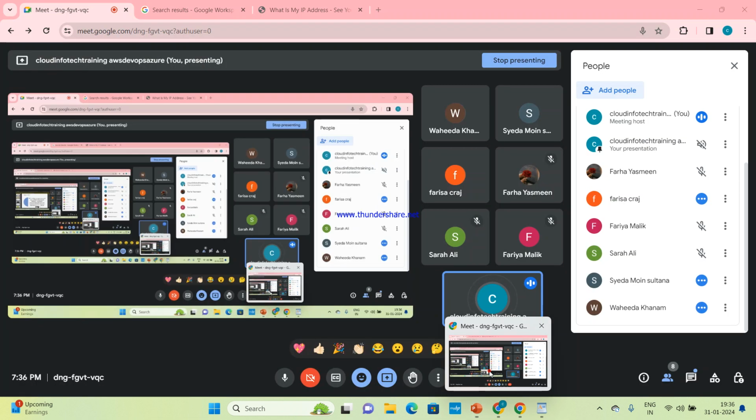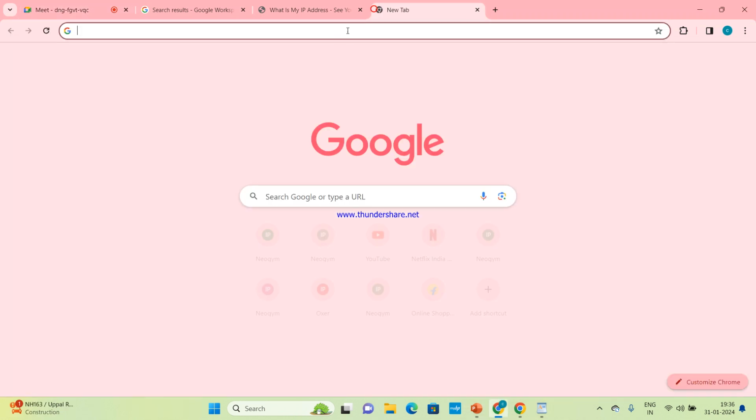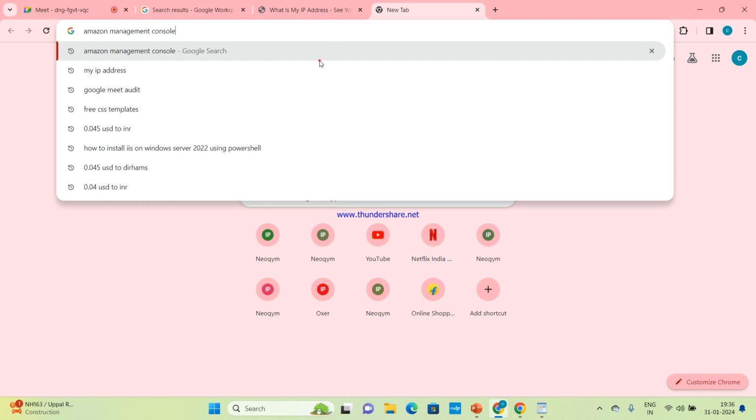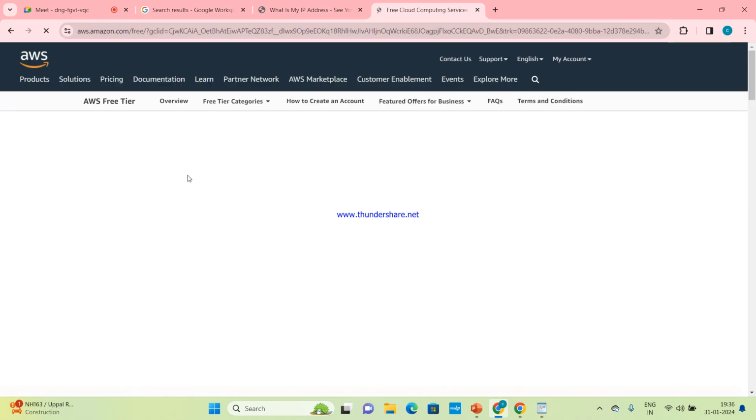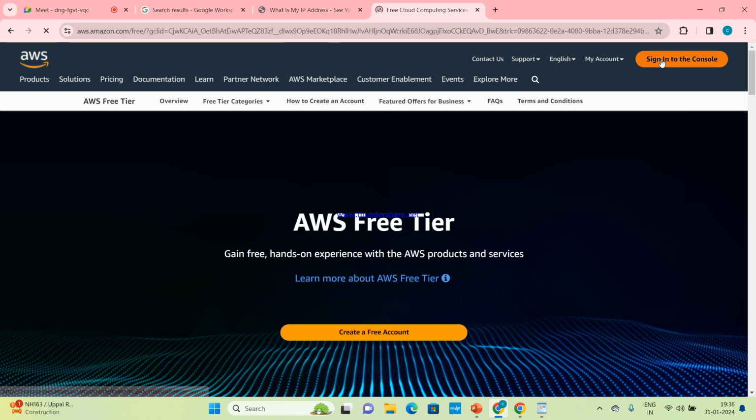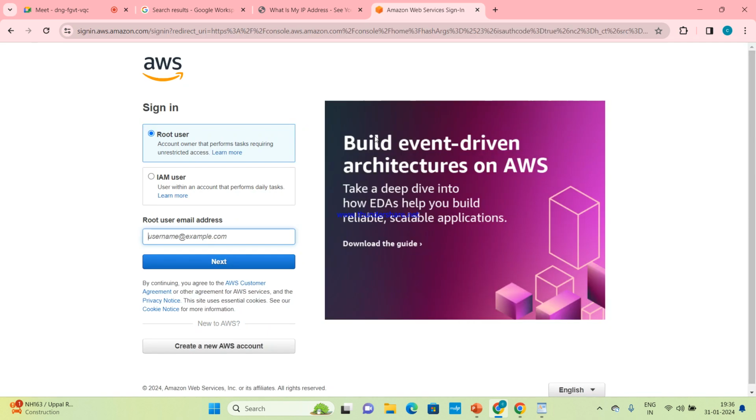Like we have launched an EC2 server. While launching, do we need VPC? Yes.